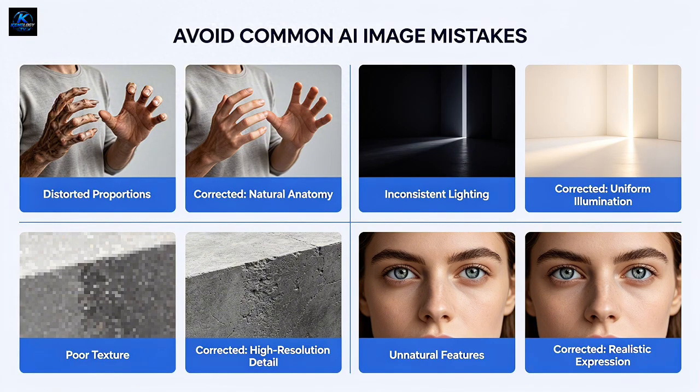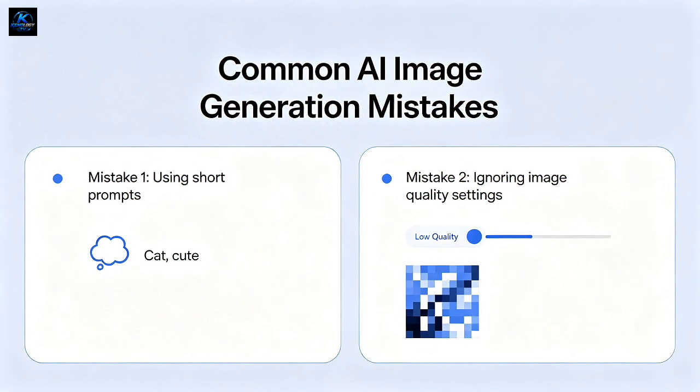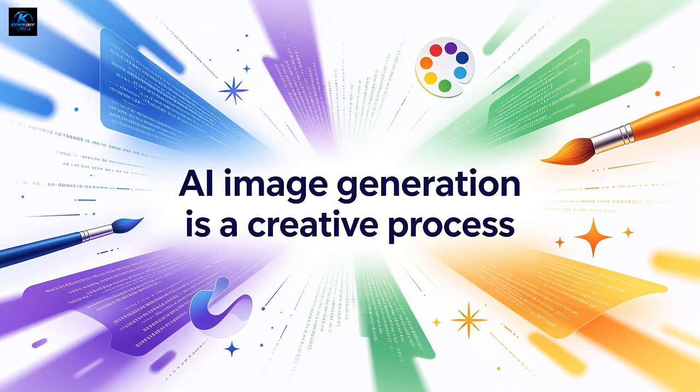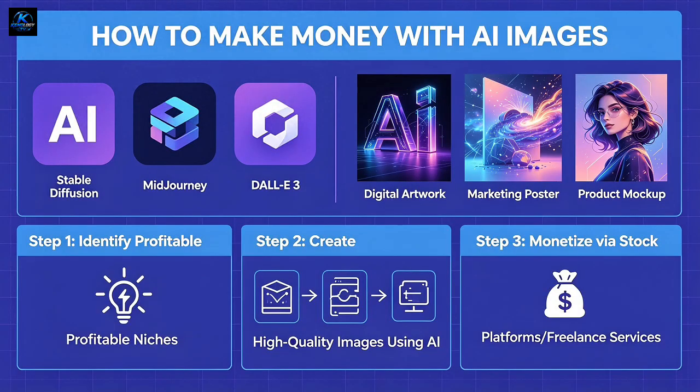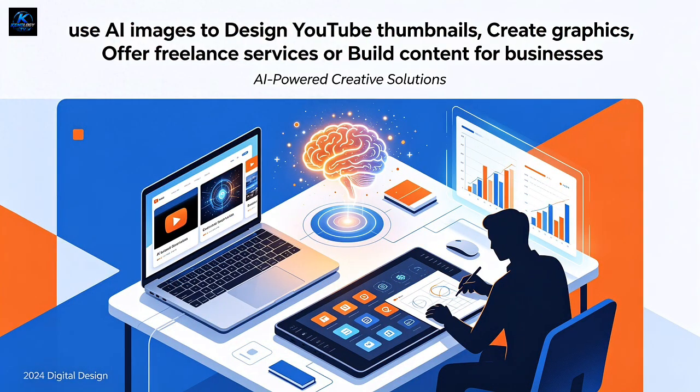Avoid common AI image mistakes. Many beginners make mistakes like using very short prompts, expecting perfect results immediately, ignoring image quality settings, or not experimenting with styles. Remember, AI image generation is a creative process. Keep testing different prompts. How to make money with AI images. You can use AI images to design YouTube thumbnails, create social media graphics, offer freelance services, design marketing materials, build